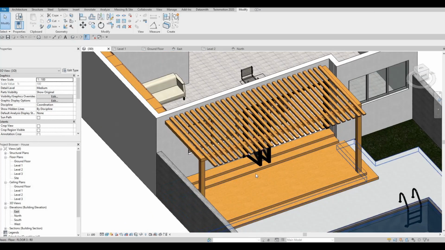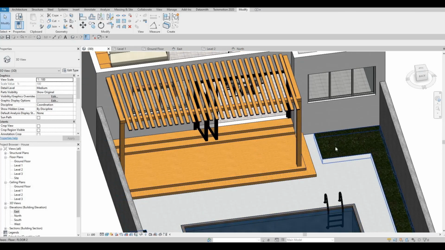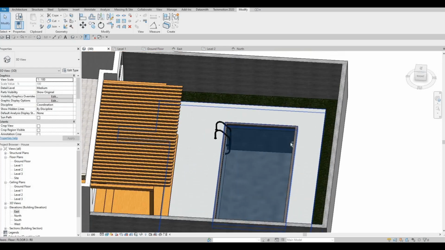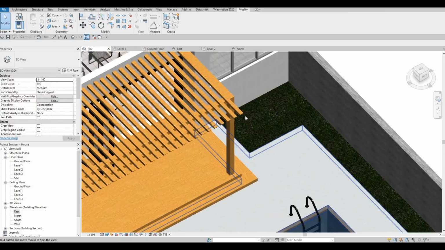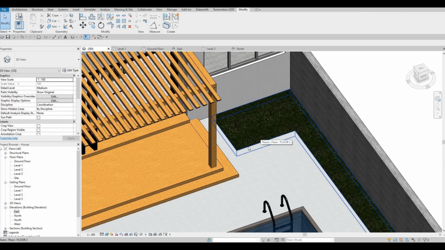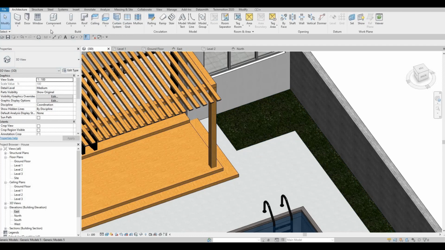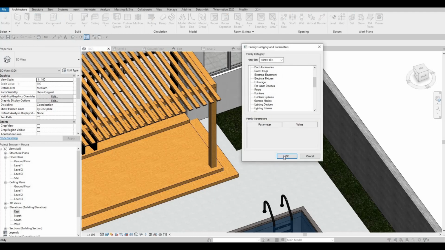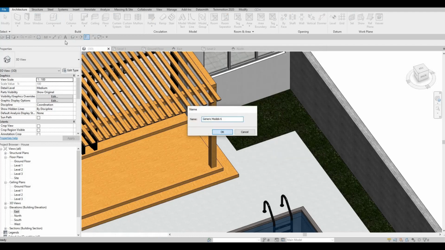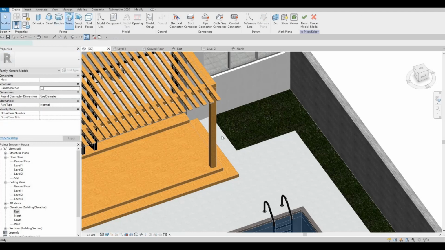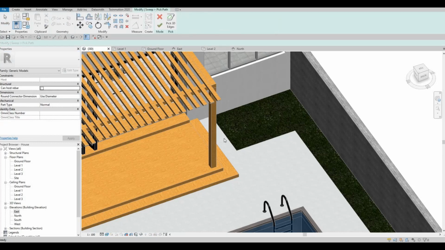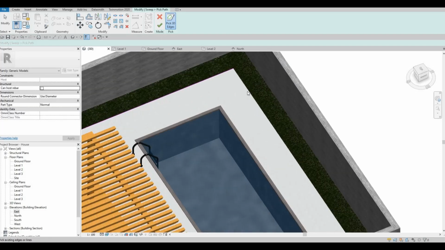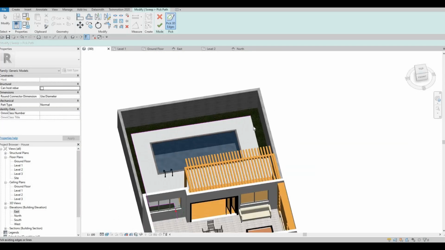Another thing that I want to do is to add something on here. I'm gonna use a sweep so that the difference of this floor to this floor. So here I'm gonna click on model in place and then generic model, and then after that click on sweep and then pick path, and this is just going to be a simple sweep just to add some